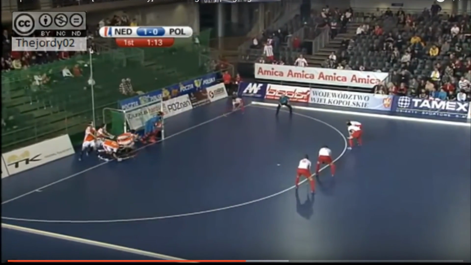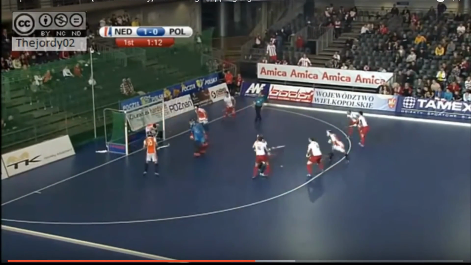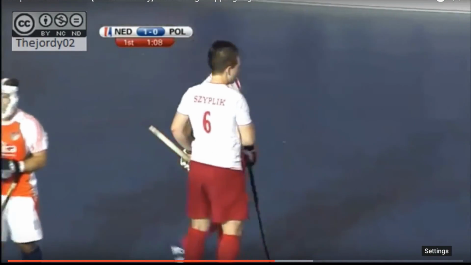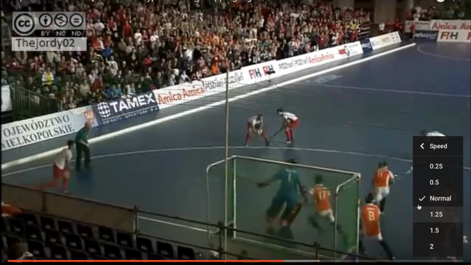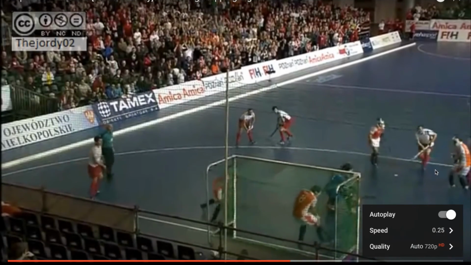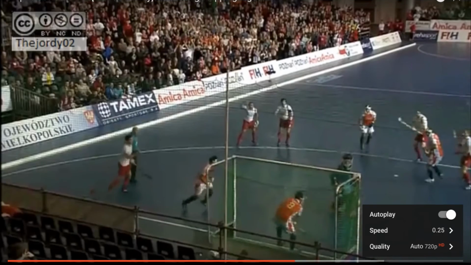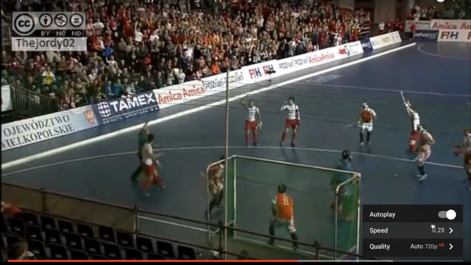In this one, the player deliberately uses their foot after the short corner, deliberately uses his foot to stop the ball from going in the goal. Therefore, the umpire should have booked the player with at least a yellow card and played the shot again. Slow it down